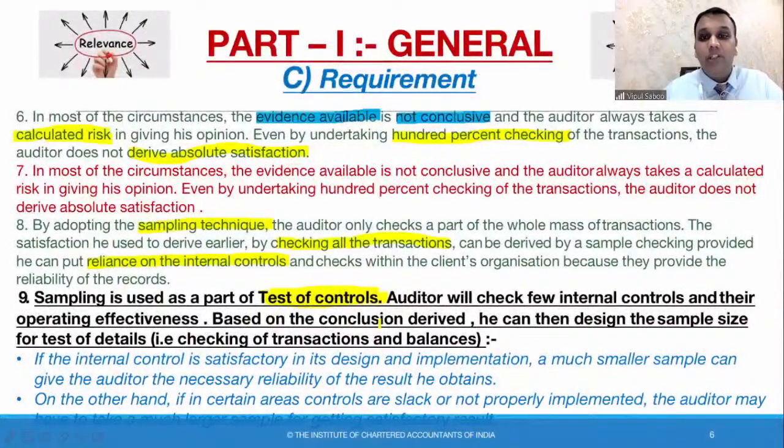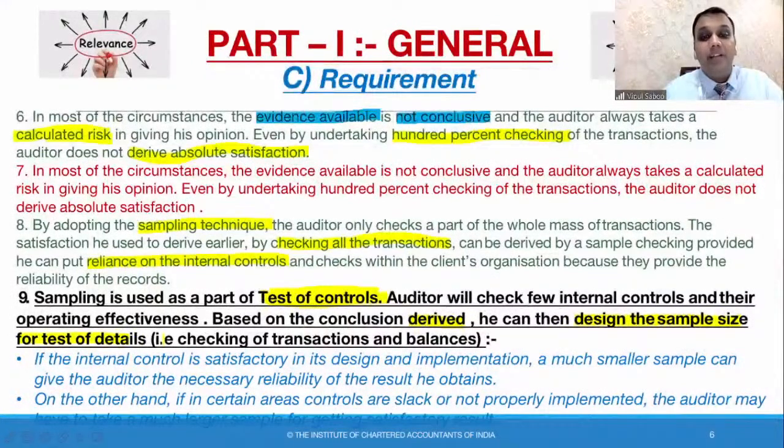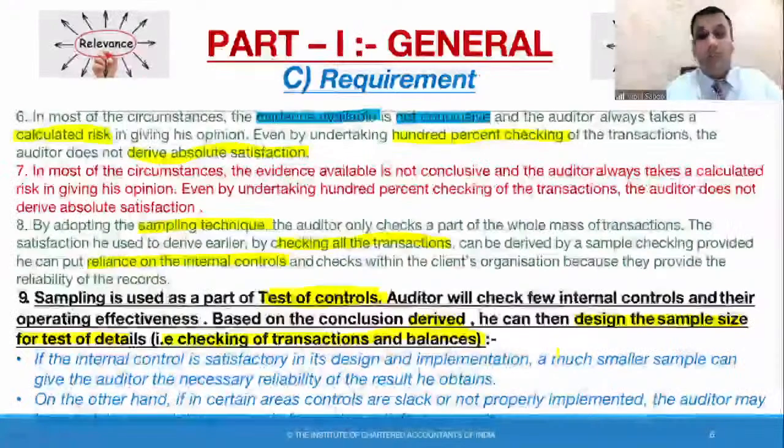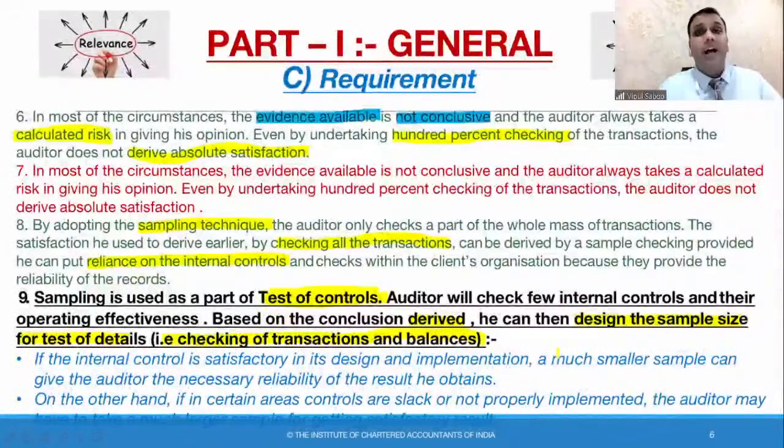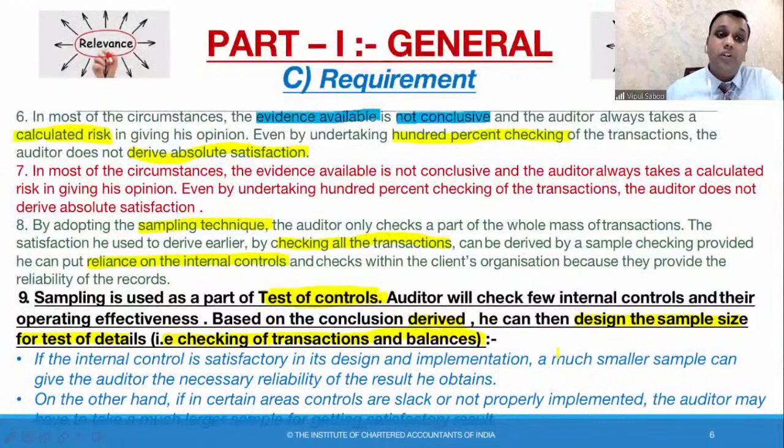And based on the conclusion derived, he can design the sample size for test of details, that is checking of transactions and balances. So there is test of controls and test of details. The first step the auditor will do is check controls. He'll test the controls, and in testing those controls as well,